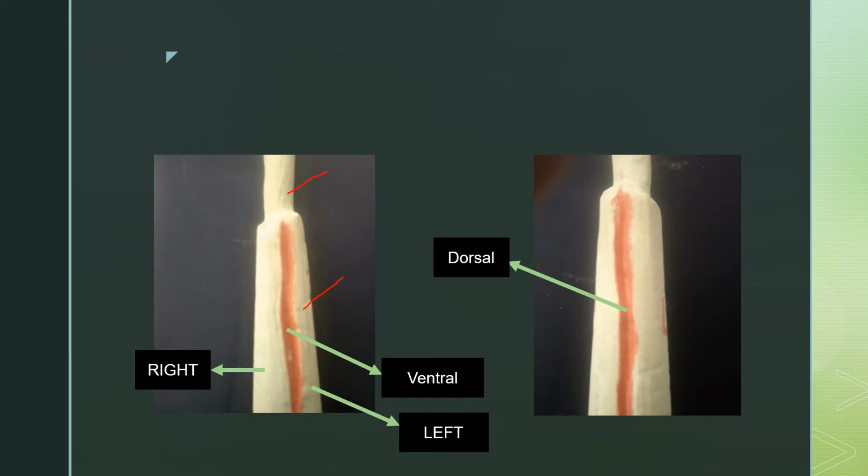Now the stomach undergoes a 90-degree rotation to the right. So when the rotation occurs, what changes are we going to see? Towards the right, the right vagus nerve passes and supplies, and towards the left, the left vagus nerve passes and supplies. Once the stomach undergoes a rotation of 90 degrees to the right, the right surface becomes posterior and the left surface becomes anterior.